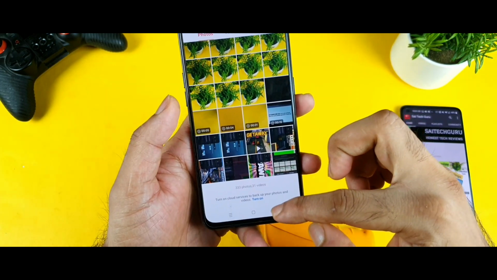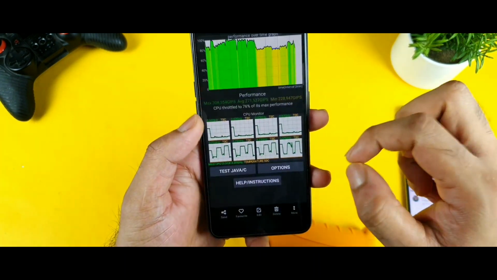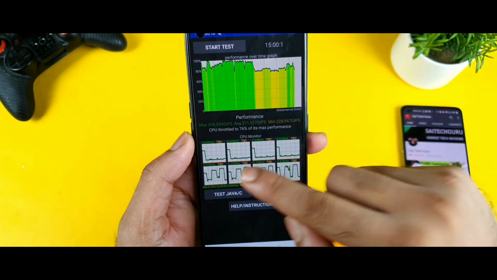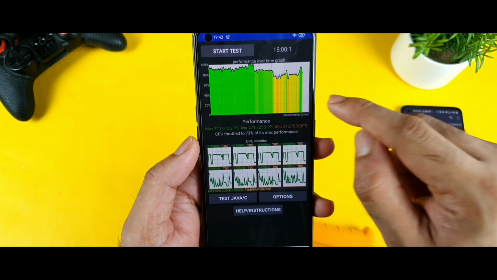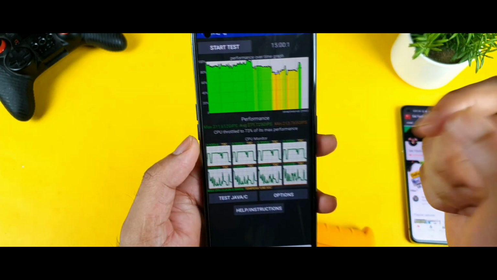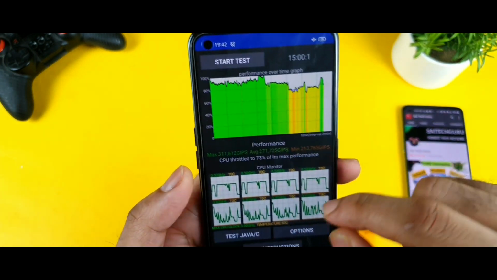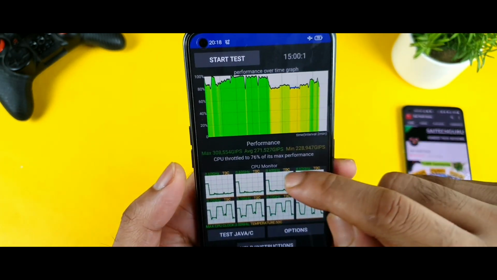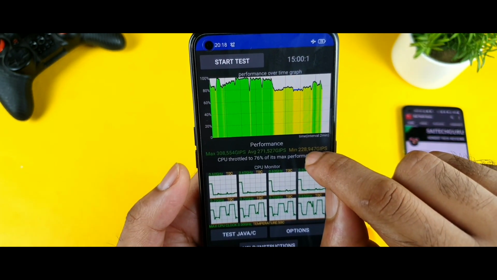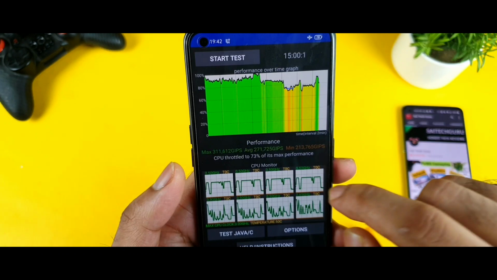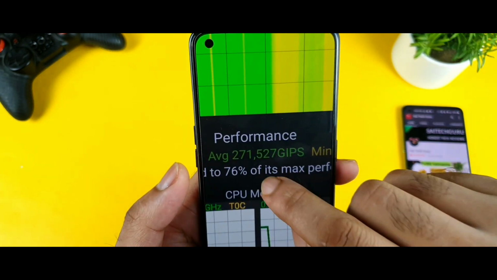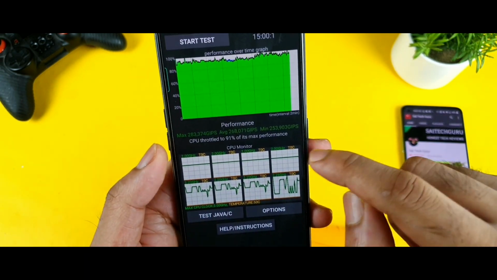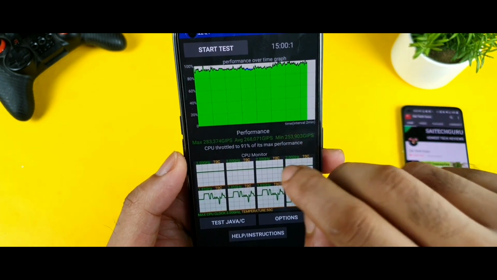So here's the gallery. Let me show you before and now. Before, as you can see, exactly how bad it is. You can see the colors and everything. At that time the maximum we got was about 3,11,000 and 3,08,000, but the CPU throttle was 73 and 76, and the minimum, as you can see, 2,28,000 and 2,13,000, and the average 271. But now let's check the average, 268, and the minimum is 253.